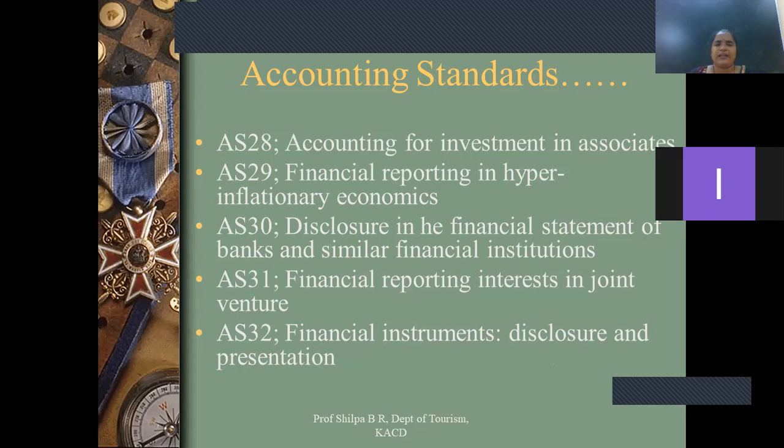Maybe there is a political unrest, or there is a flood, or there is a war, or say globally there is some problem, some recession is there. So if such a thing is there where constantly your prices are changing and which is affecting your profits, such records are given under Accounting Standard 29.